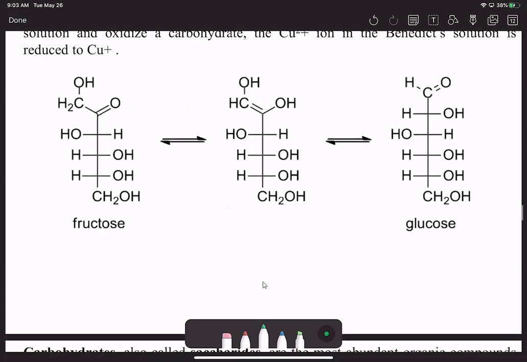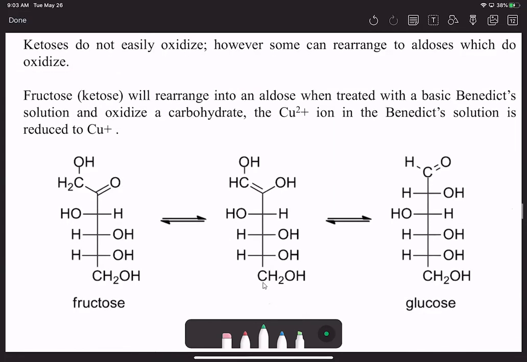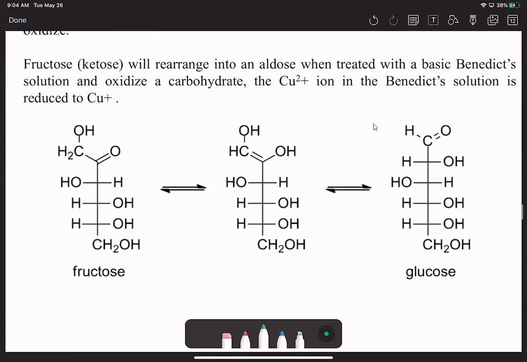All right, so when we talk about oxidizing, ketoses don't oxidize very easily. It does take a bit of work. So, give me 1 second here. All right. So, what happens